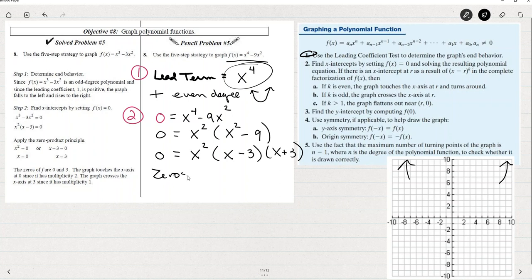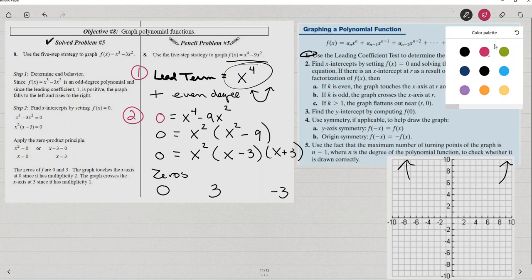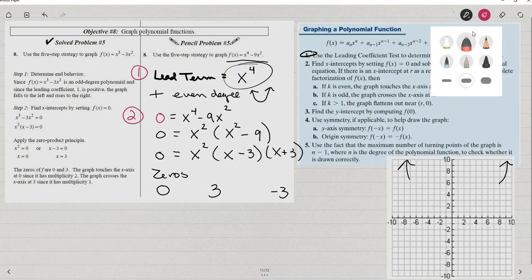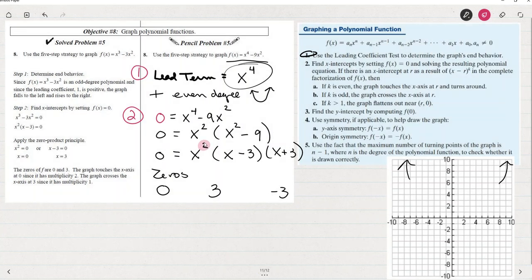So I can see the 3 zeros are 0, 3, and negative 3. Do you see which of those 3 zeros bounces back? So it doesn't cross over the x-axis, but it has a multiplicity of 2, an even multiplicity. So that means that it bounces back. Here it is. It's that repeated root, the x squared. Because you see, I could have written that x squared